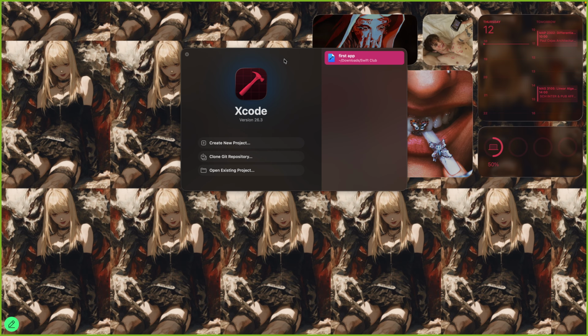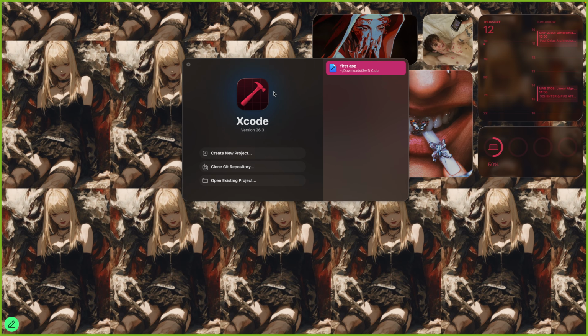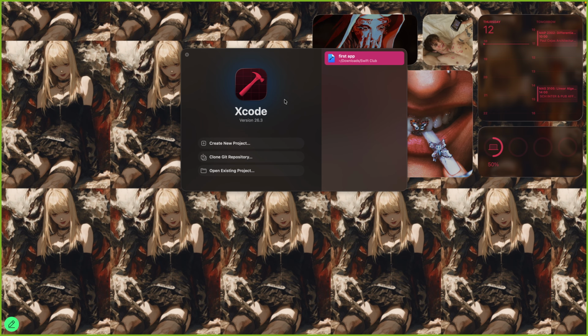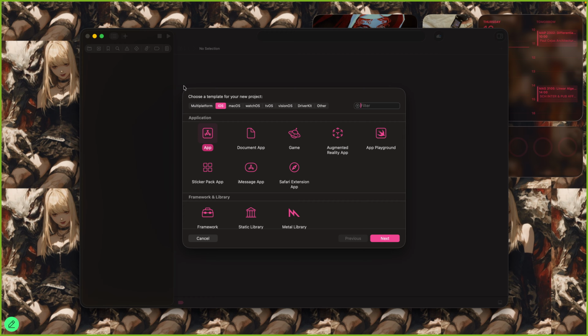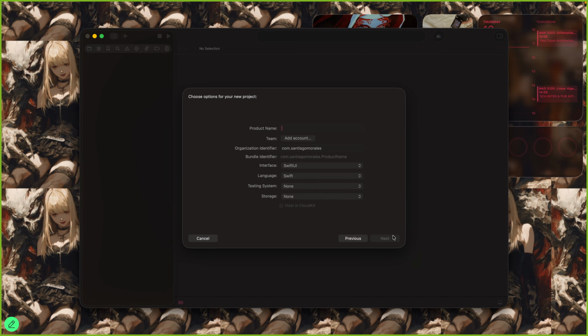As I told you guys, once you have everything downloaded from Xcode, it's going to ask you for some more information about downloading some extensions for you to be able to create your app. But now that you're in this section, you're just going to create a new project. What you want to do is make an iOS app, so click on iOS, click on App, and then Next.